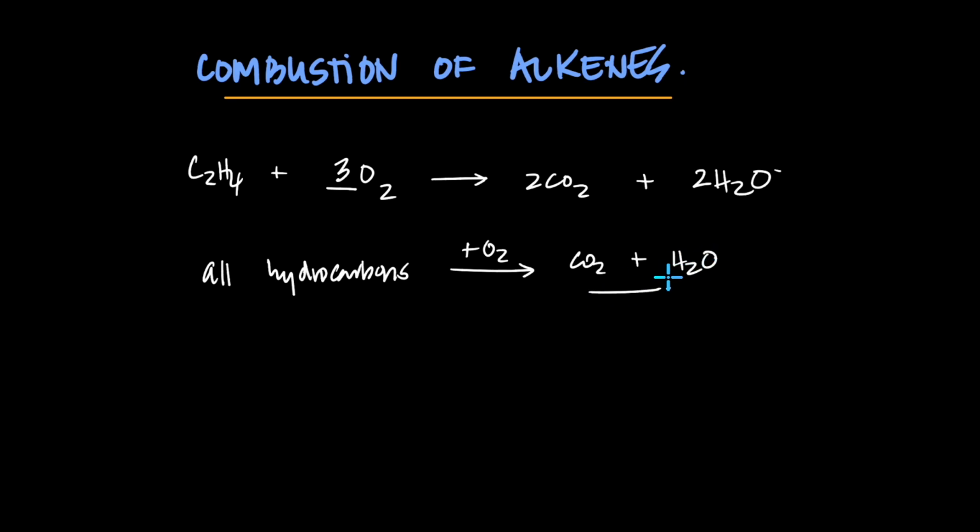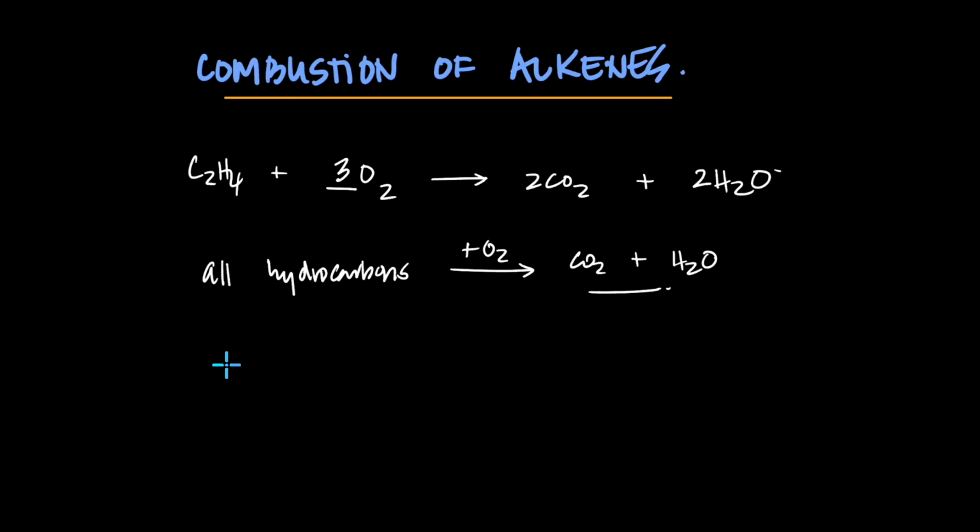So alkanes undergo combustion, alkenes undergo combustion. Both of them do. And alkenes and alkanes both burn and they're very flammable. And all you gotta do is just write the balanced equation. That's all you gotta do. And sometimes you might need fractions to balance it, and that's perfectly okay.